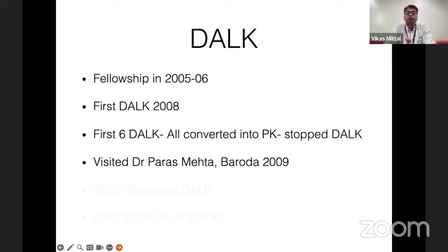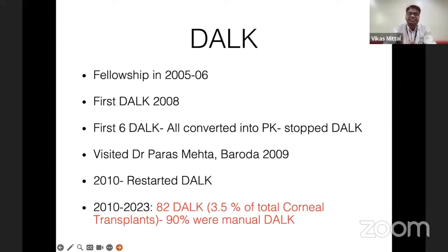Paras Mehta, who showed some beautiful post-DLK post-op patients. And I asked her that I'm finding a lot of difficulty in it. She said, Vikas, just keep this bubble out of your mind and you'll be able to do a successful DLK. Next year, I restarted DLK, and in the last 10, 12 years, I've done close to 80 DLKs, which actually